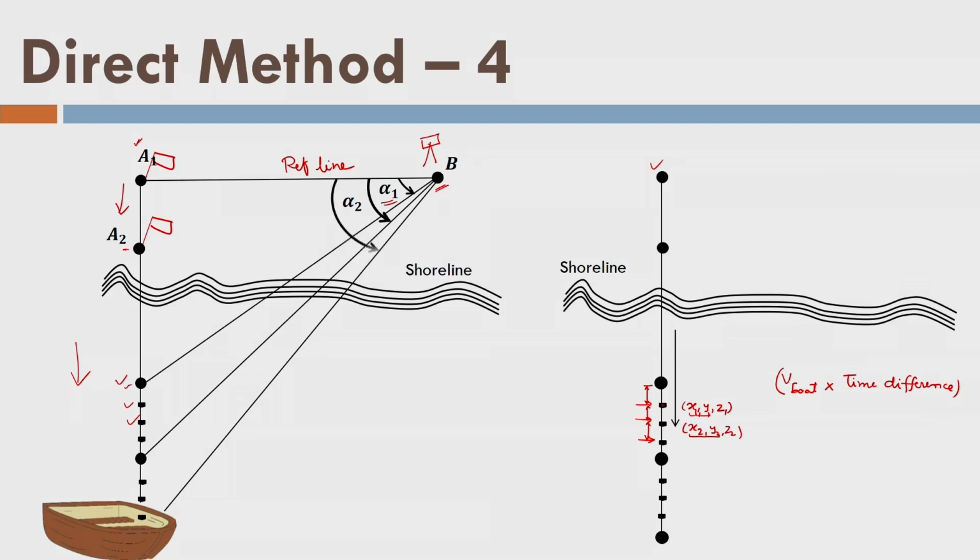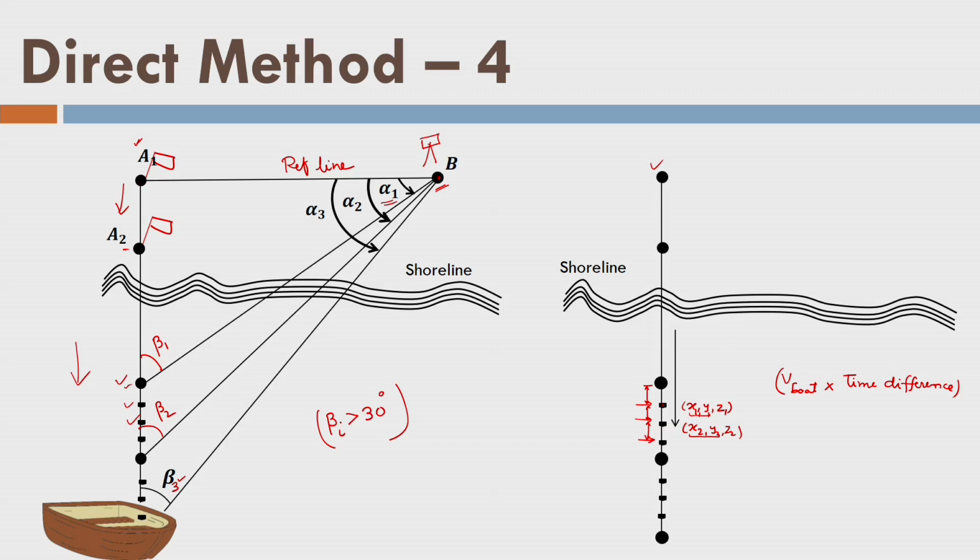Now let us see, this angle is alpha 3. We should always take care that the angle here, which we call beta 3, here angle is beta 2, and here angle is beta 1. My beta should always be more than 30. So, any angle beta I should be more than 30 degrees, so as to create a well conditioned triangle. I hope you got the idea and you are able to recall the basic surveying concepts also now. So, this is my direct method 4, where I am observing one angle from the shore and distance from the boat.